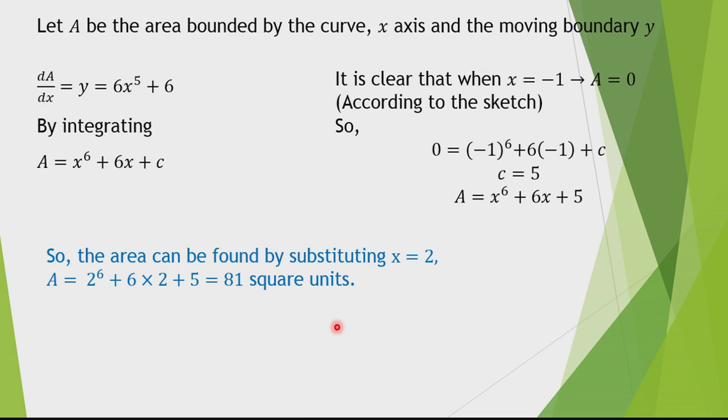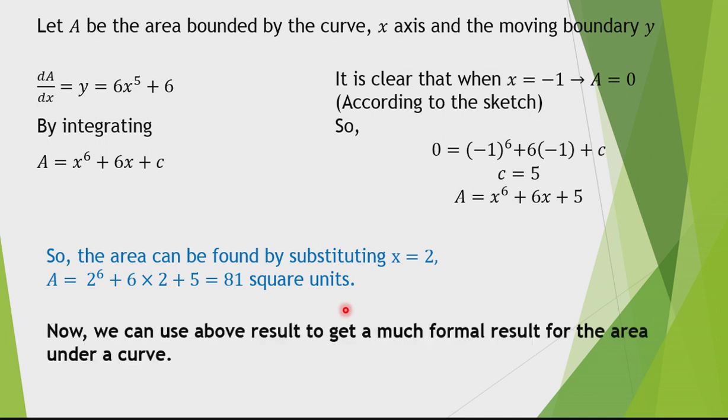What is the method? If I summarize, first take the given function as dA by dx equal to the particular function y, integrate it, then use a substitution there to find the general solution for the area and substitute the other limit given. So most probably we will use the lower limit substitution to find the simple c value, then use the upper limit to find the actual area under the curve within the bounded region. So this is done. So I hope you got a simple idea about how we can apply this integration method to find out the area